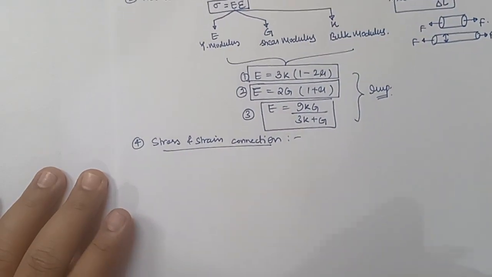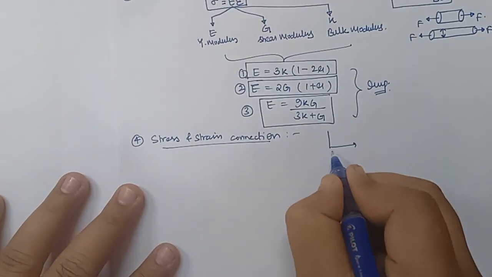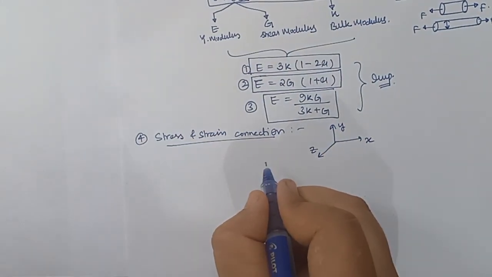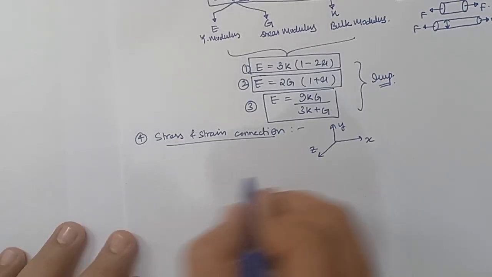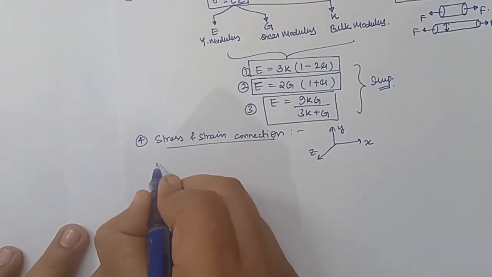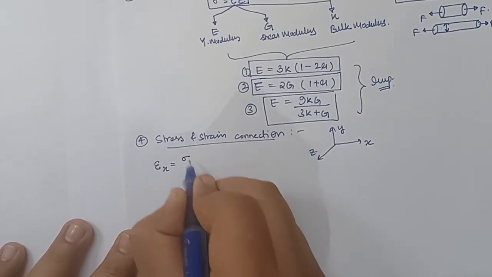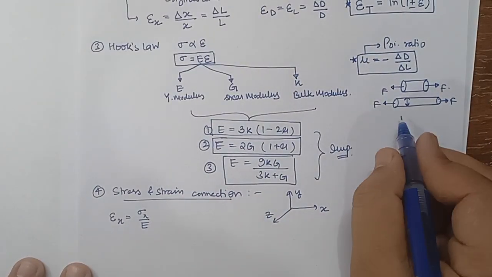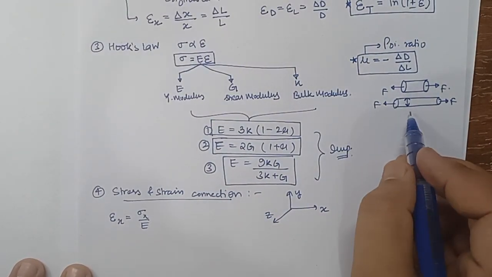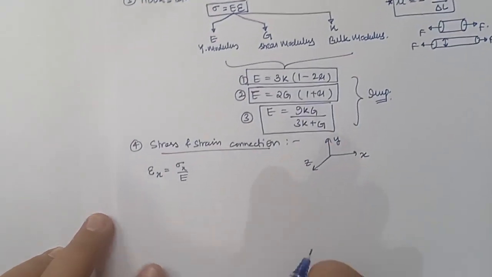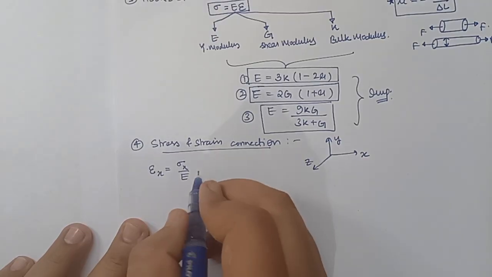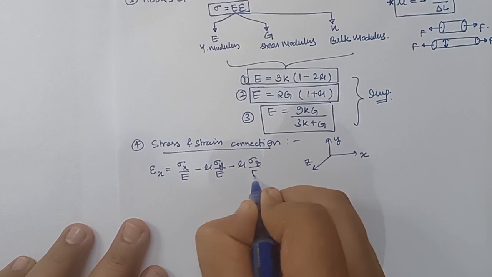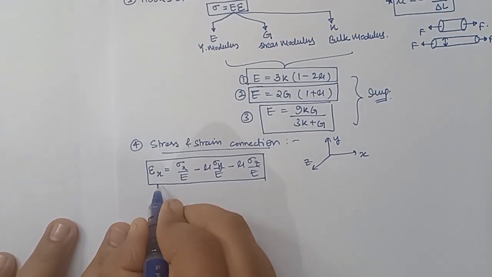So the stress can be seen in x direction, can be seen in y and z direction. So stress along with strain, right? If I want to write strain in x direction, what will I write? I'll write very simply sigma x by E. This is by Hooke's law, but I have already told you the longitudinal dimensional change results in lateral dimensional change. So the strain will come in lateral direction also. So that's why minus mu sigma y by E minus mu sigma z by E. So this is strain in x direction.